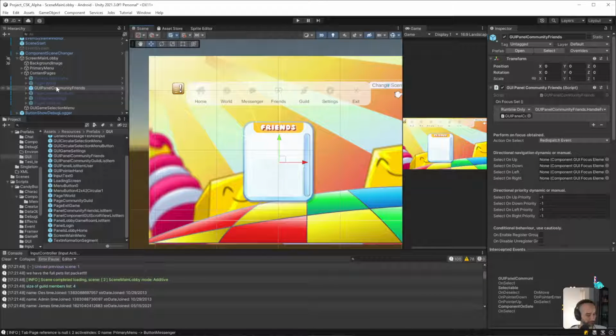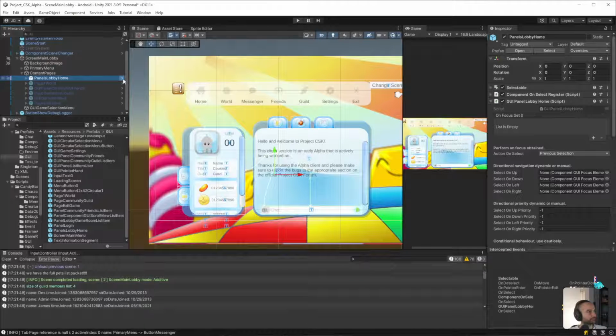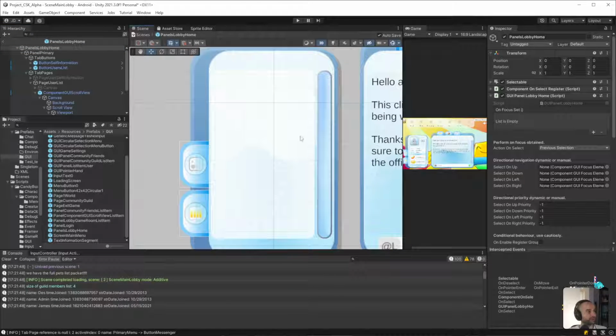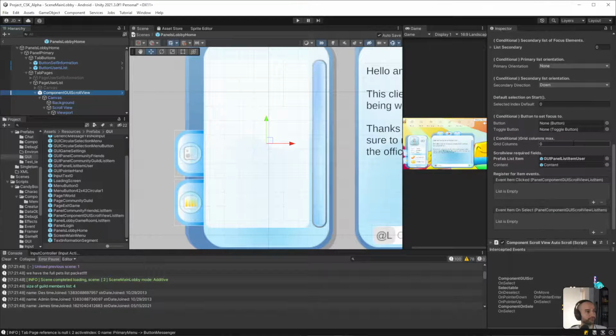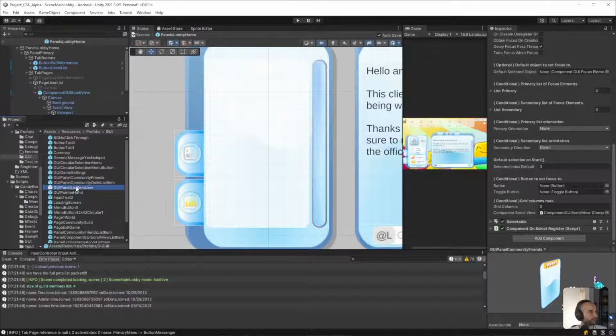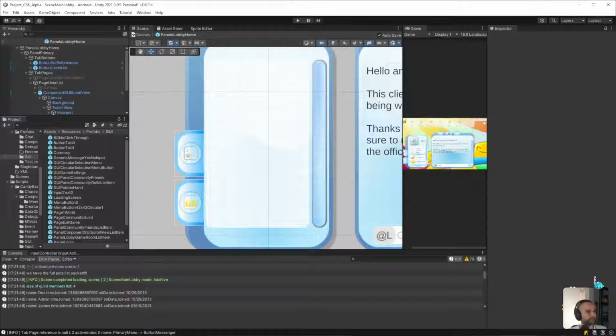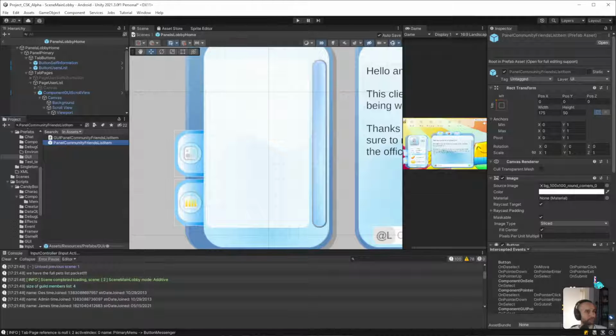I don't remember exactly what the reasoning was for that. Okay, so with that in mind, we can go to here, delete this, this is the one we're going to duplicate. Rename it.